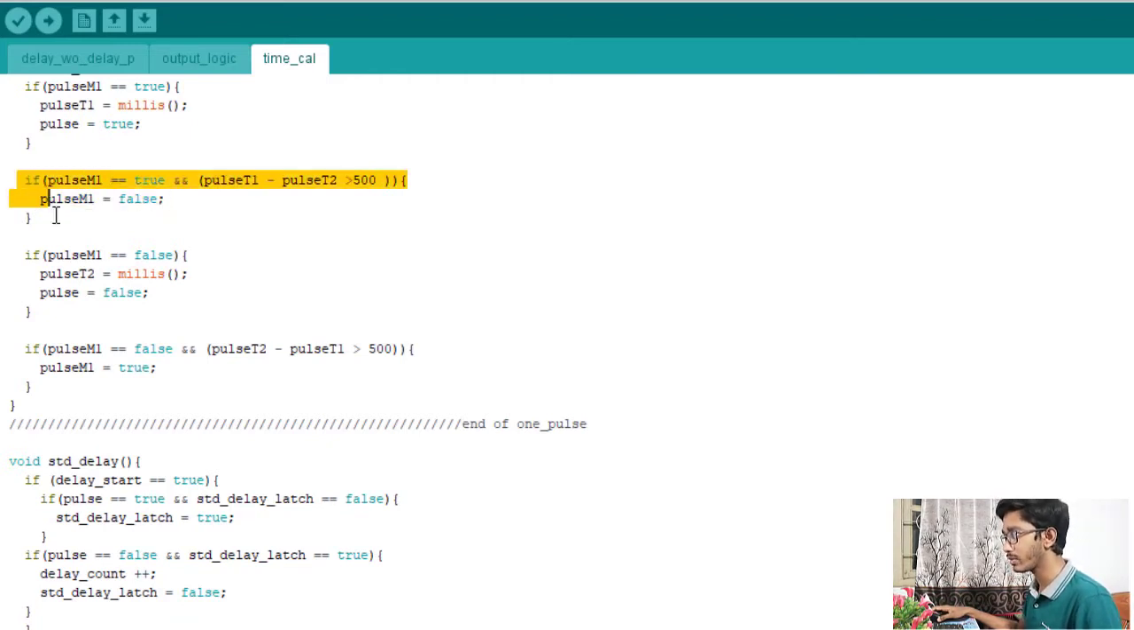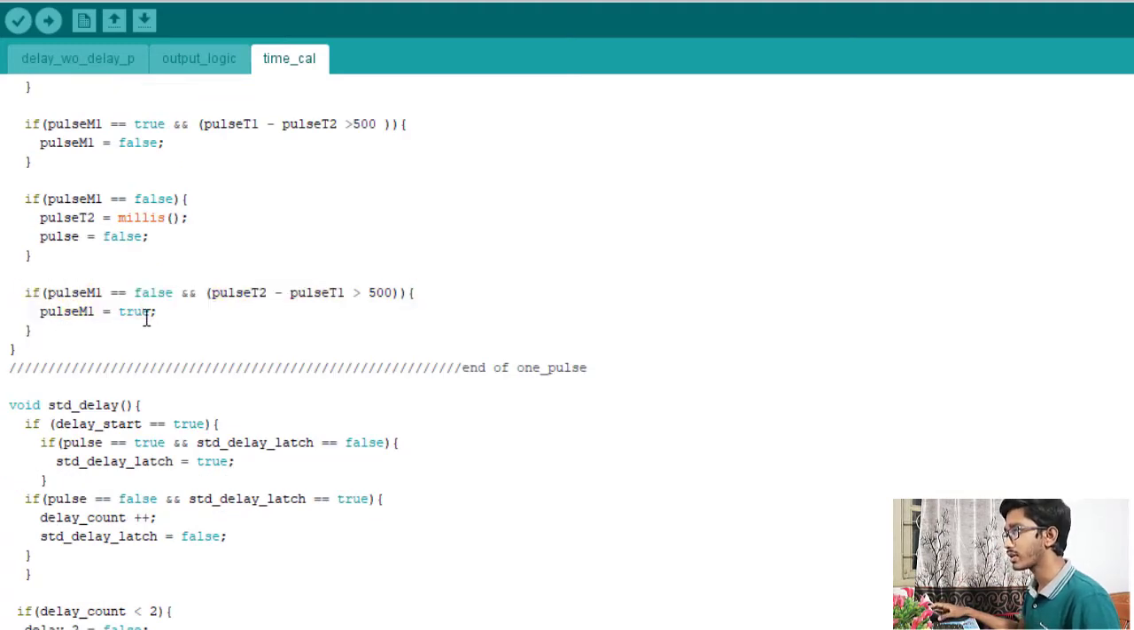Whenever this logic is satisfied, pulse M1 will be false. Now, if pulse M1 is false, the millis value will be stored in pulse T2. After that, the value of pulse will be false. By this logic, if pulse M1 is equal to false and pulse T2 minus pulse T1 is greater than 500,